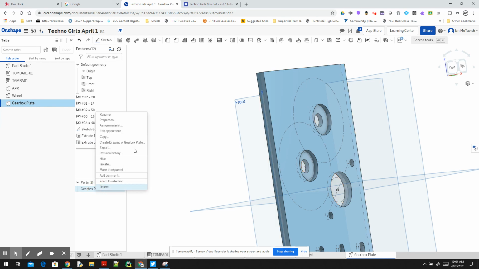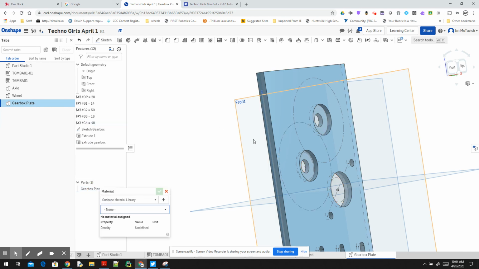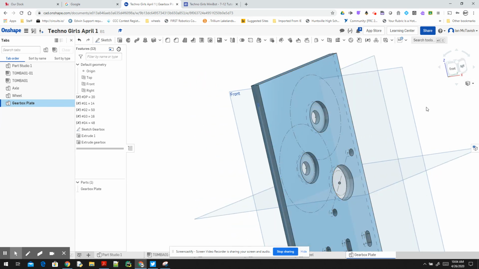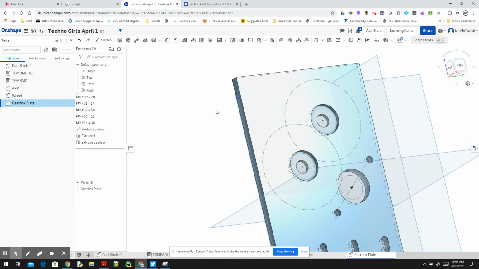And we're going to right-click and assign a material. And the material that we're going to use is a polycarbonate. And polycarbonate is also called Lexan. It's kind of like bulletproof glass. It's very strong. It's very easy to machine. And for this project, we're trying to learn different skills. So normally with the gearbox, I might use aluminum plate, but for this, I want you to learn how to